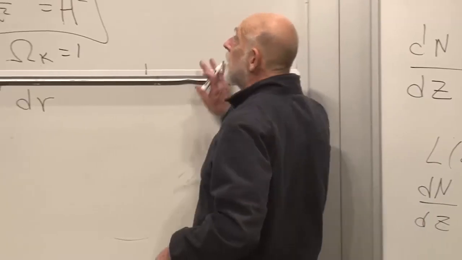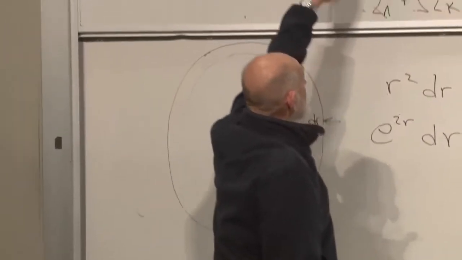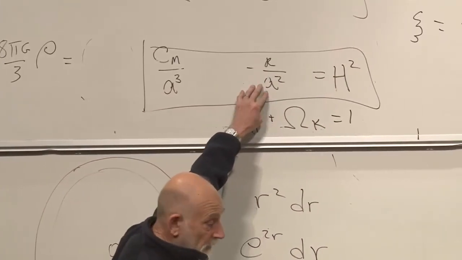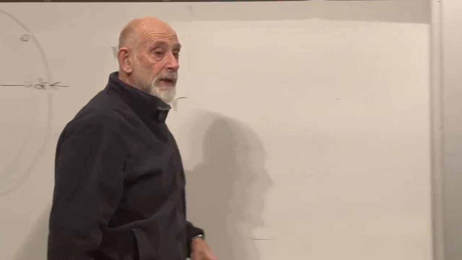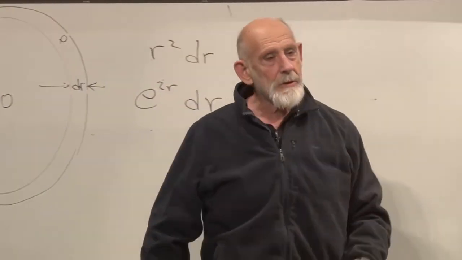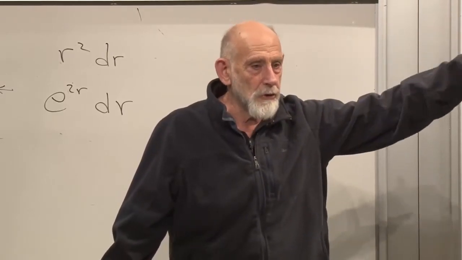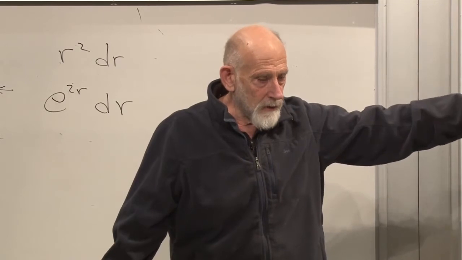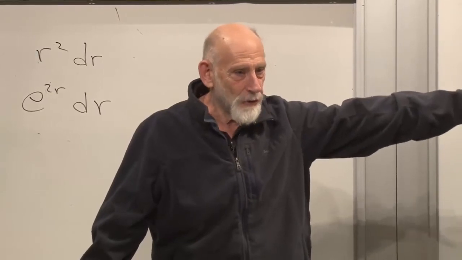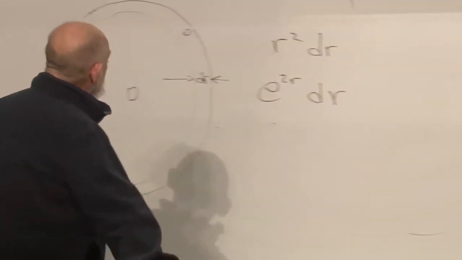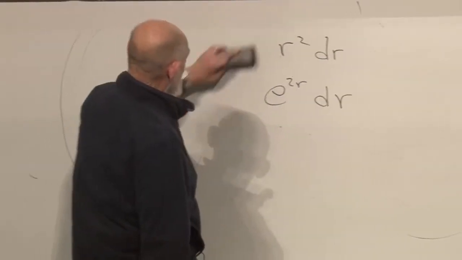And the final upshot is, first of all, inconsistent with this matter-dominated universe with k being negative. The best fit, incidentally, when I say galaxies, I mean standard candles of some kind. And the standard candles which are best at the redshift we're interested in are supernova. Supernova are things which are very controllable. We can't control them, but nature controls them. And the result is not this formula at all, but